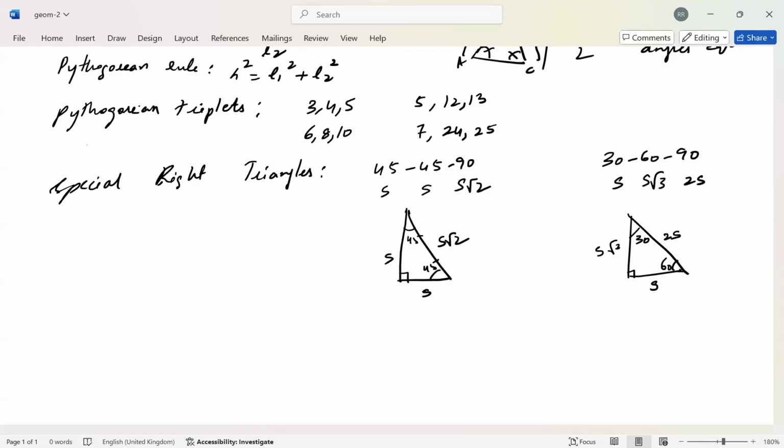These two special triangles are also given in the reference section. You can refer to the reference section on the test if you don't remember the sides, but remembering would be better. Next,